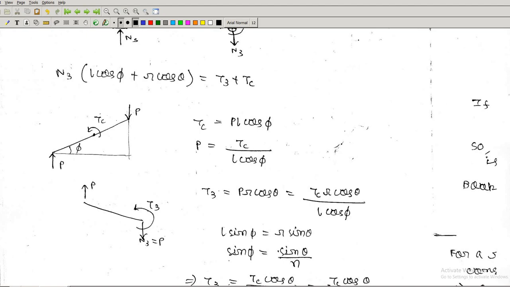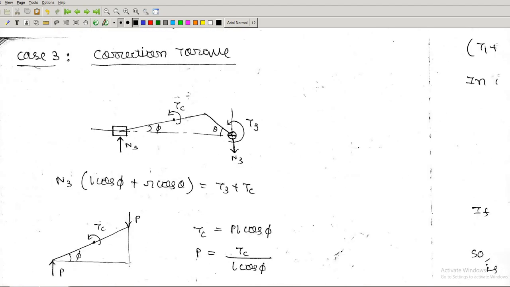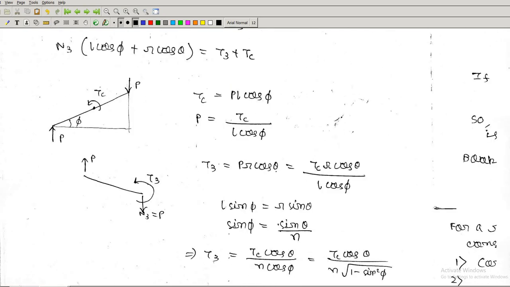So this is T3, this is N3, N3 should be equal to P, and T3 is P R cos theta. And this P is actually Tc by L cos phi. So this is T3, the torque coming here at the crankshaft center